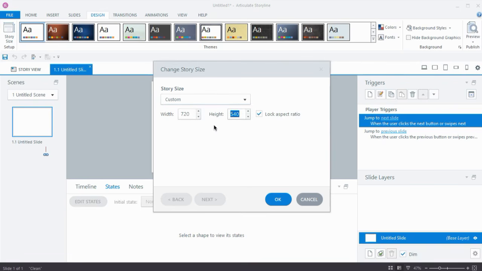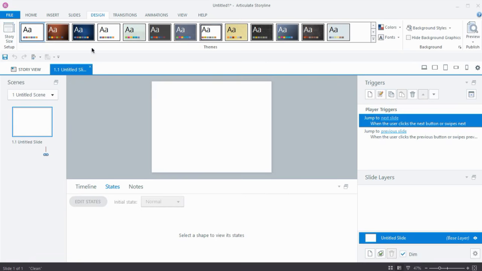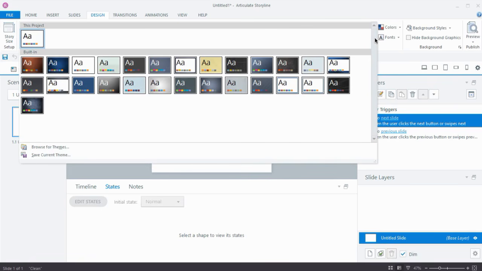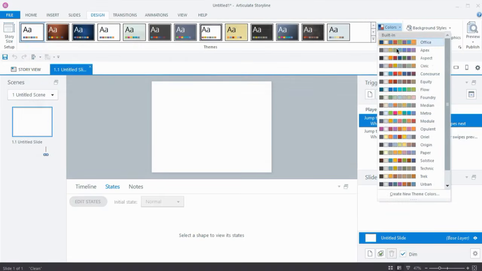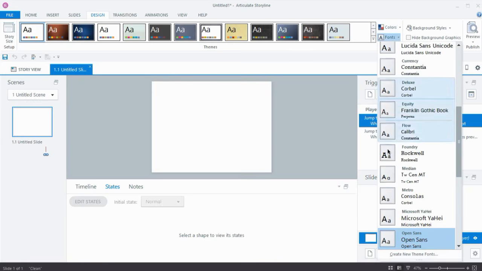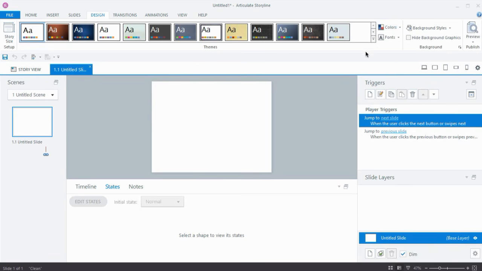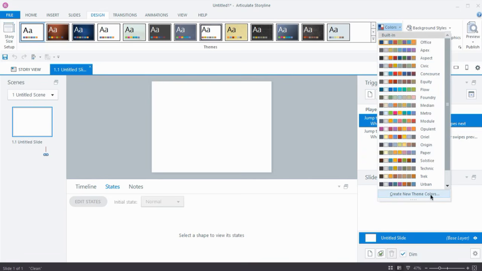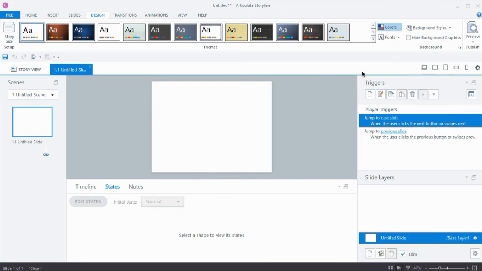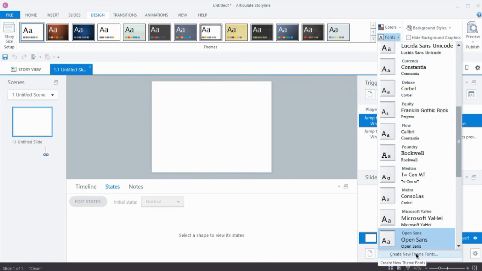And then over here we have our design theme. The design theme consists of three main components. You have the look, the background, and then you have the color scheme. You can choose from a number of color schemes, and then you have the font themes as well. You can also add custom color scheme or font themes if you need to allow certain branding requirements, or you want a different color theme that works for your course. You can do it yourself by clicking here on create new theme color, and then you can do the same thing here with fonts.